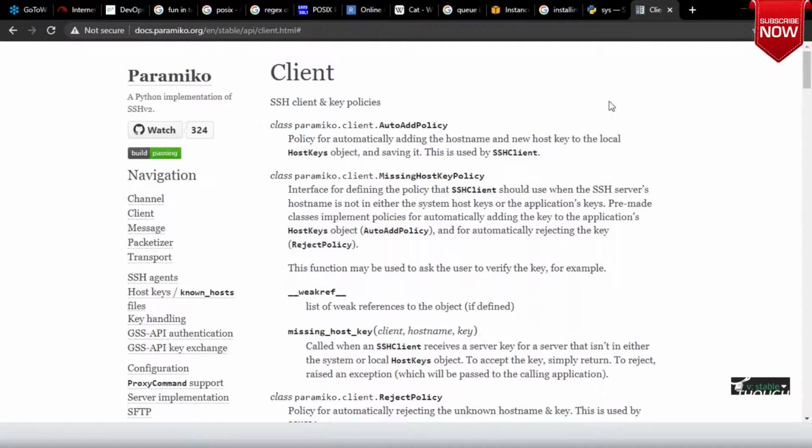Okay. That is a module which is written by someone. We have to get used to this way. Whenever we are connecting from SSH, we have to give the username, give the password or identity file, and probably accept the fingerprint. These are the three things which we would generally do.